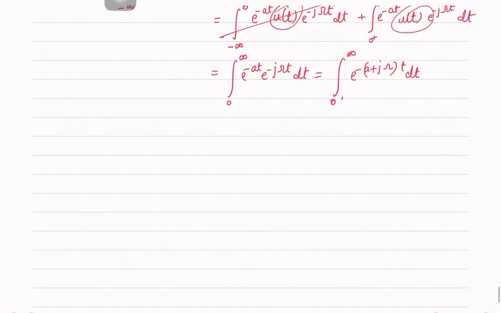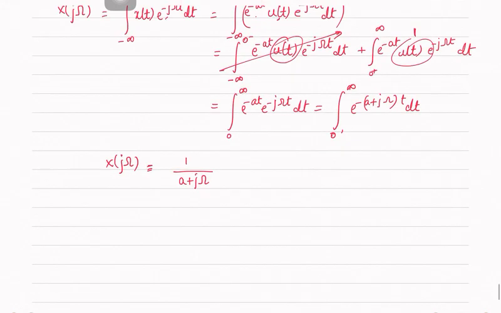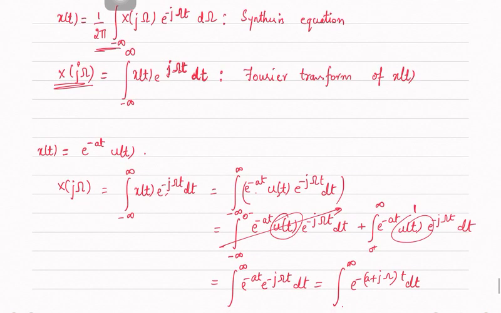Okay, so we'll get x of j omega is equal to what? Now, this is the signal that you are seeing, right? So if you plot this, you get a signal of this kind, an exponentially decaying signal. I am assuming, of course, mod a is less than 1. So it starts with 1 and goes on exponentially decaying.